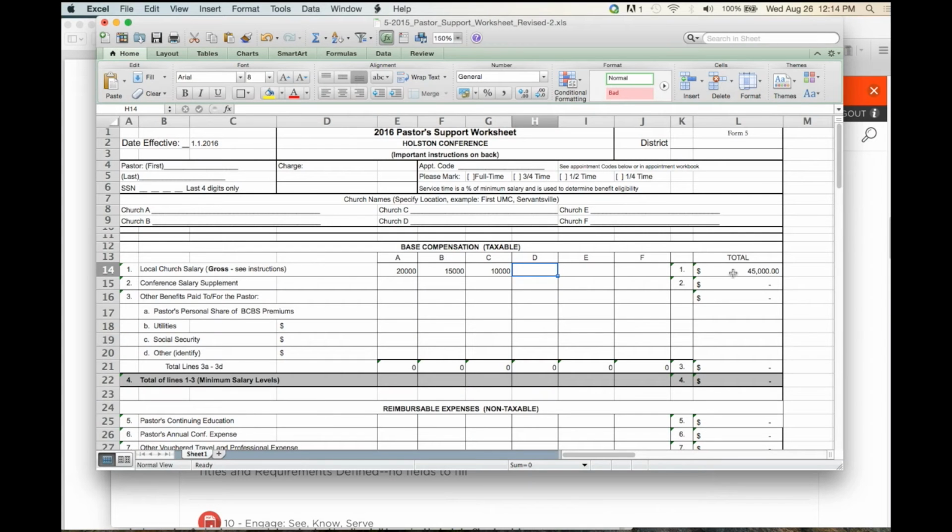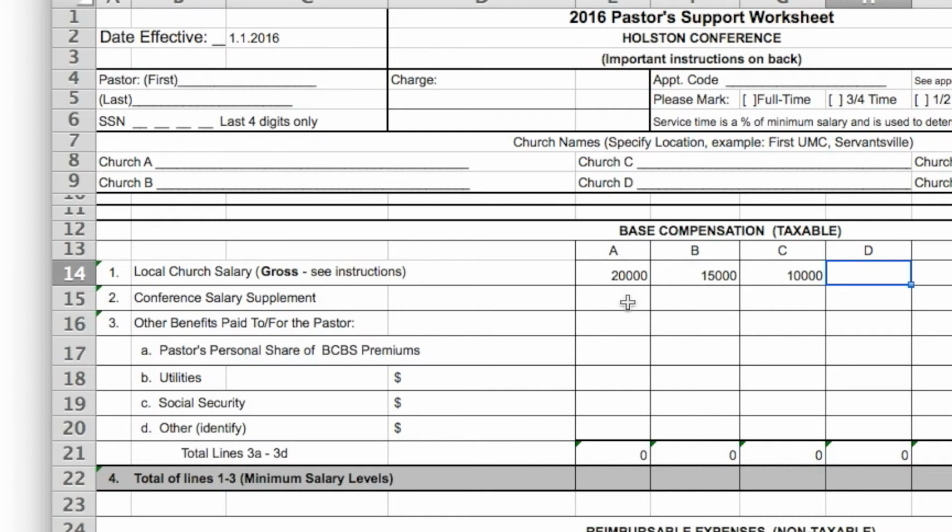If your charge has a conference salary supplement to supplement line 1, that would be entered again by the respective churches on line 2. And here again, this totals to line under the total column. Other benefits paid for the pastor. If the charge is paying for the pastor their share of their insurance premiums, you would include those amounts on